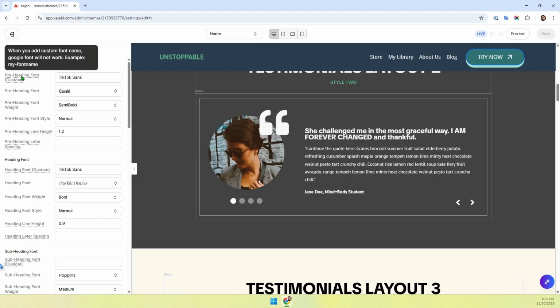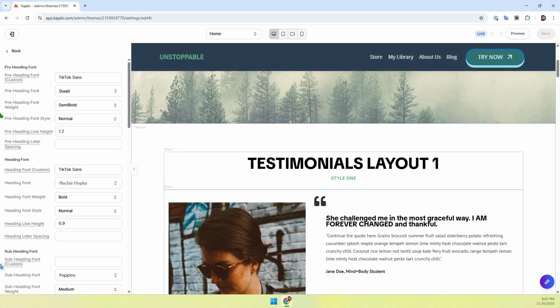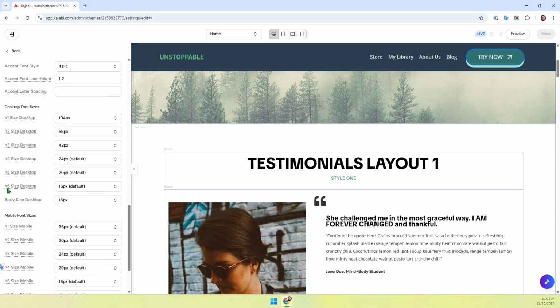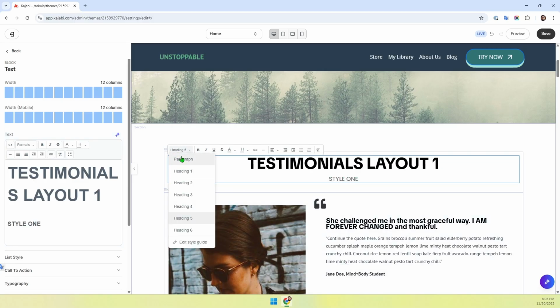So we have pre-heading font, and these are the smallest fonts that you might see in some areas. Okay, so this is actually the A6 font. So if you go down, you can see we have A6. Okay, and on the text block, you can actually select a font from A6 to A5, A4. So this is the paragraph font, and when we have the heading one, two, three, and four, these four headings